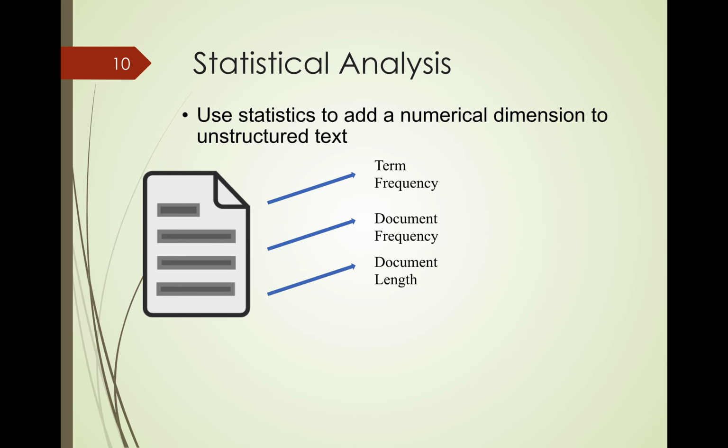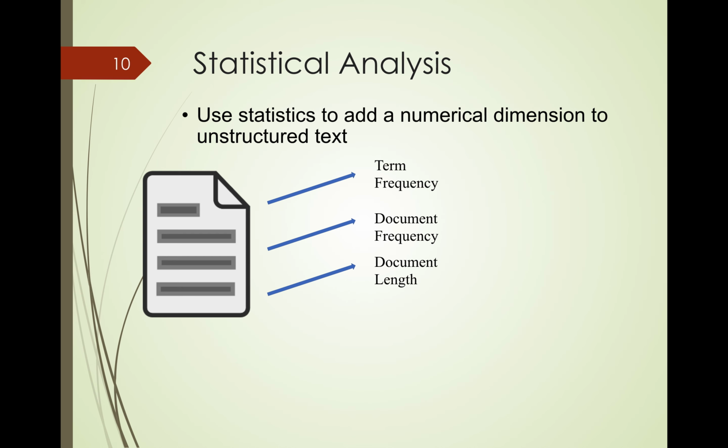So, how do we apply statistical techniques? How do we extract features from text? Let us say we take each document or each text in our collection, and we have already built this matrix of all the significant terms, all the terms that are of interest. A term may be a single word or a phrase, and we count how many times that occurs. That is called the term frequency, right?